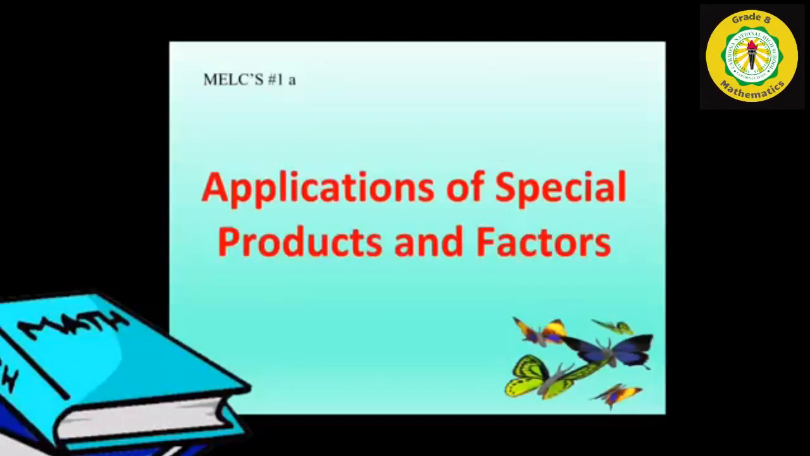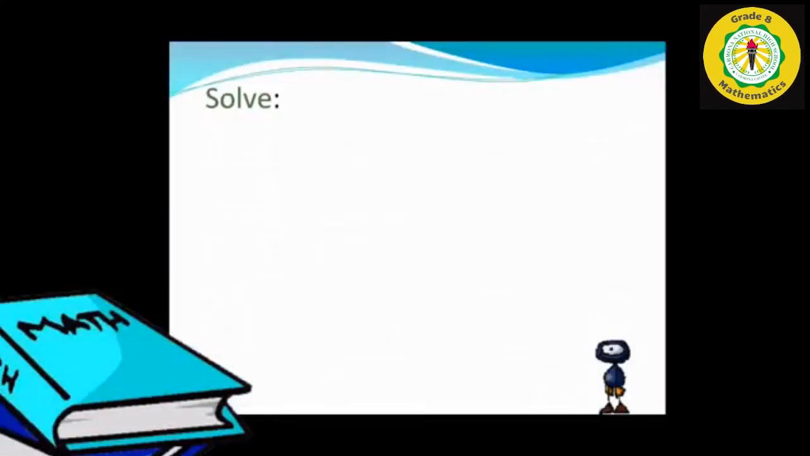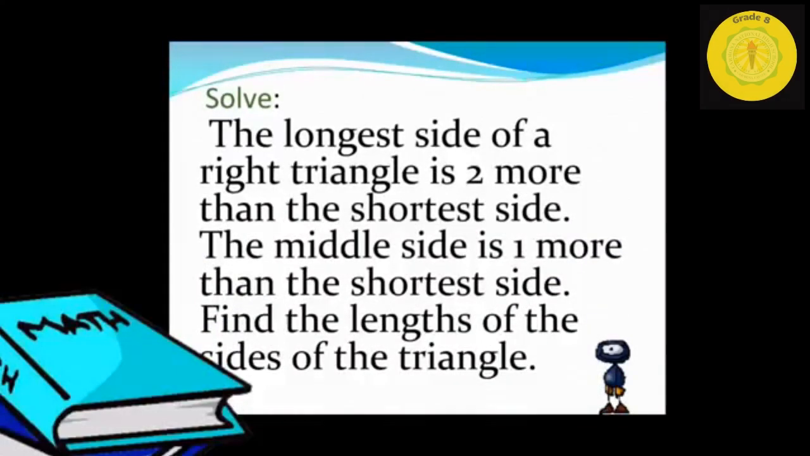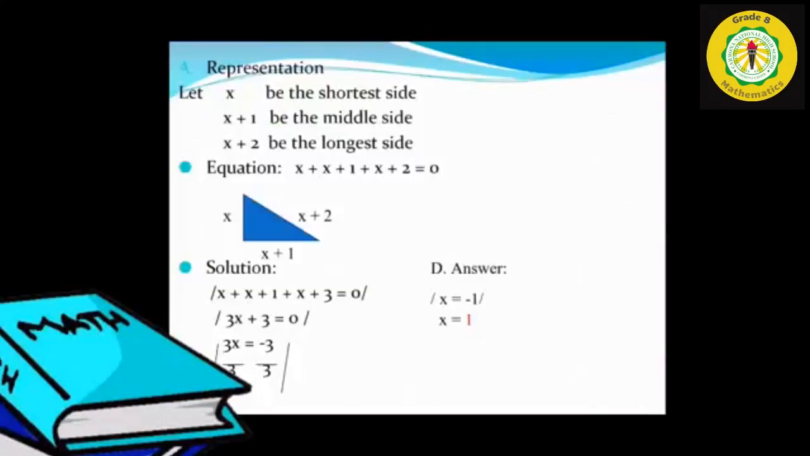Applications of special products and factors. The longest side of a right triangle is 2 more than the shortest side. The middle side is 1 more than the shortest side. Find the lengths of the sides of the triangle. Our representation, let x be the shortest side, x plus 1 be the middle side, x plus 2 be the